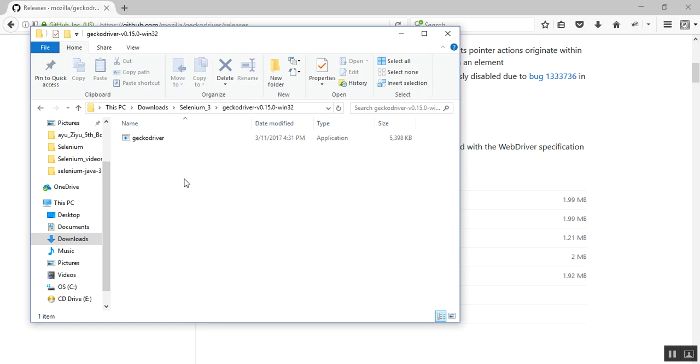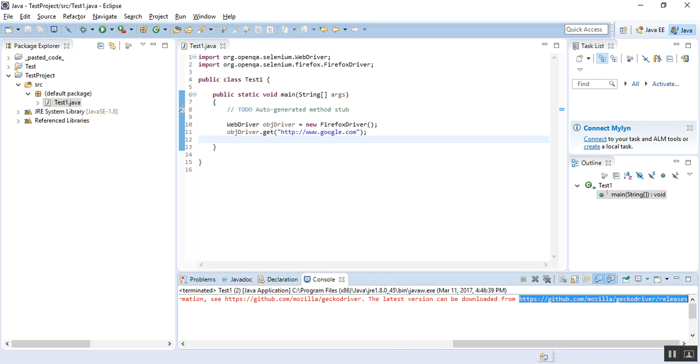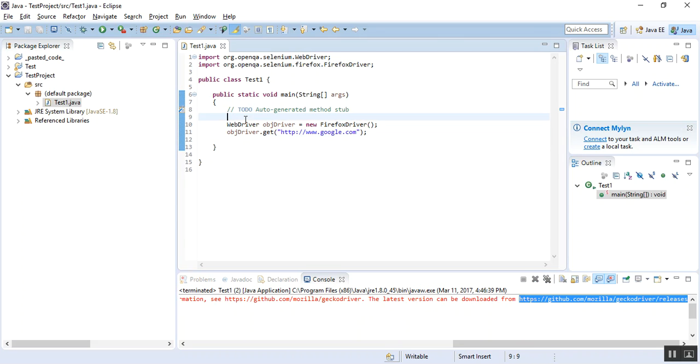Now we have downloaded this file, and we have to provide a reference from our class file to this geckodriver exe file, so that our piece of code will work successfully on the Firefox browser. So I'll once again go to Eclipse and provide that reference so that these two lines work properly, and it will launch the browser and go to google.com, and this error won't be seen.